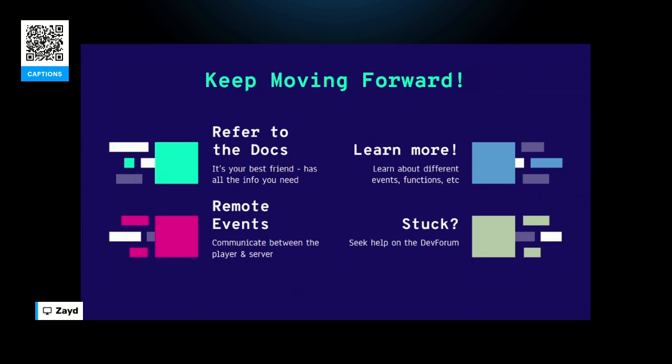Another thing with events is working with remote events. This allows you to communicate between the player and the server. When you are working on a game and you want to show how many coins a player has, you would use a remote event to fire off and send over that information to the player so they are able to display that. Using remote events is really critical for showing different information that the player may want to see, or having different visual effects be fired off. It really depends on what your game is.